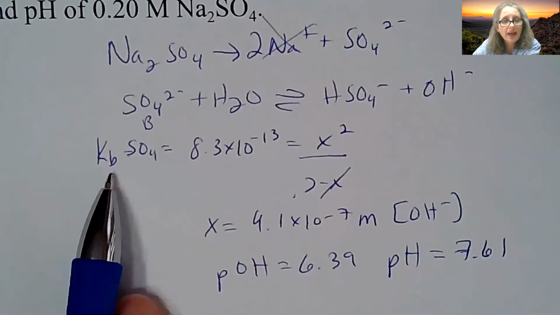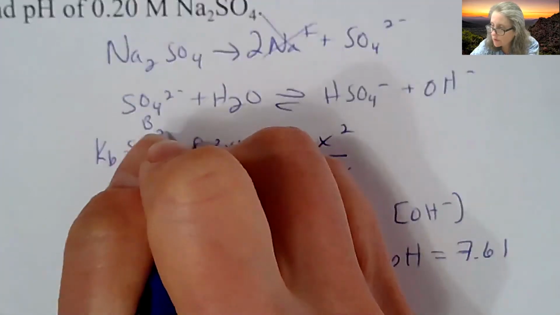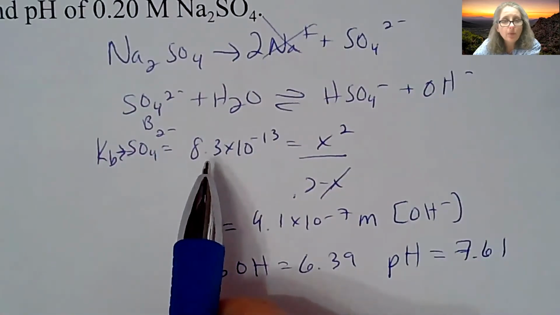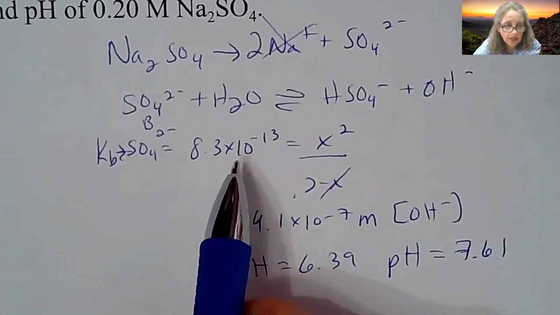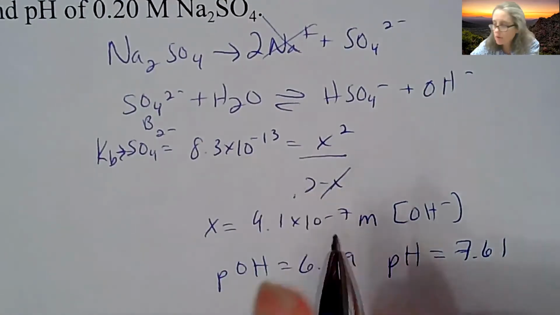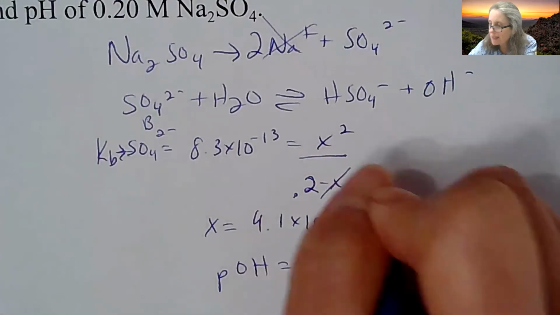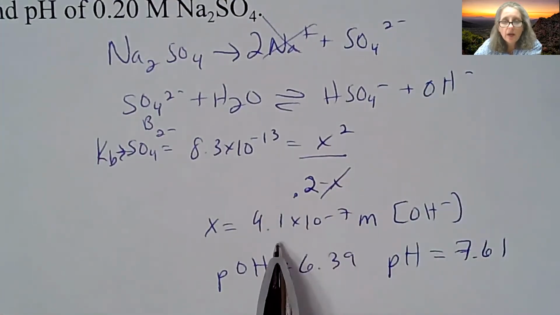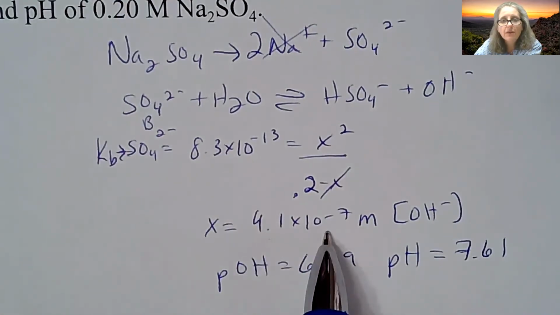So you look up the Kb value for SO4 2 minus. That's what you're looking up. And when you look it up, it's about 8.3 times 10 to the negative 13. That is equal to X squared over the initial concentration, which is 0.2 minus X. So we're going to cancel out the X on the bottom. You solve for X and it comes out to be 4.1 times 10 to the negative 7th, and that is